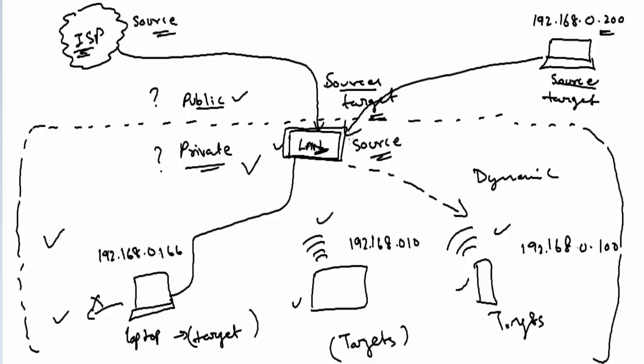In this situation, the LAN cannot assign this IP address because 192.168.0.200 is reserved by this laptop. Whenever your new laptop joins the network, it will by default take this IP address, and your LAN will not be able to assign a dynamic IP. When the target reserves an IP address by itself saying that, boss, I will connect to the network with this IP address only, then it becomes a static IP.